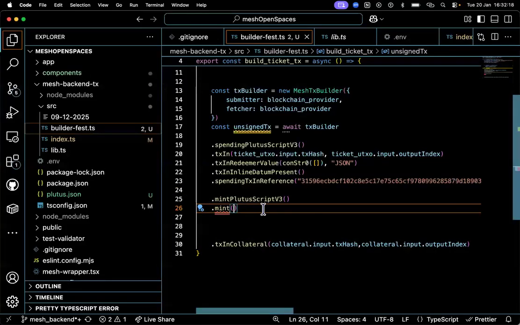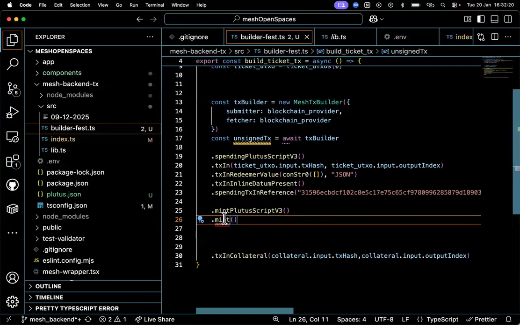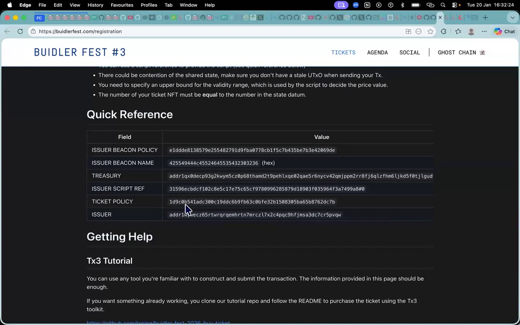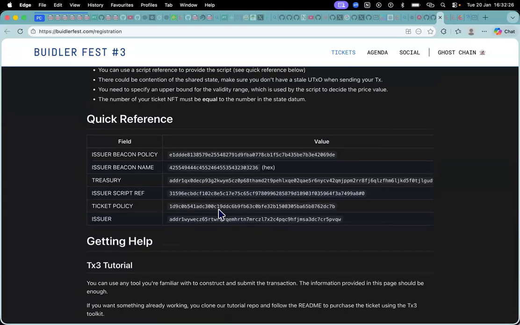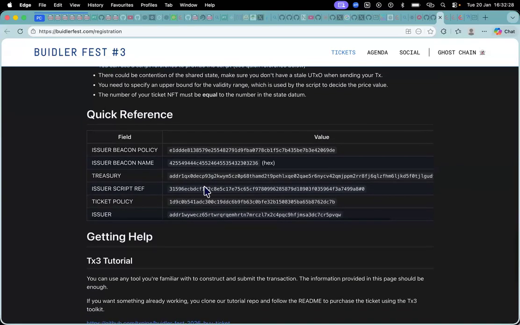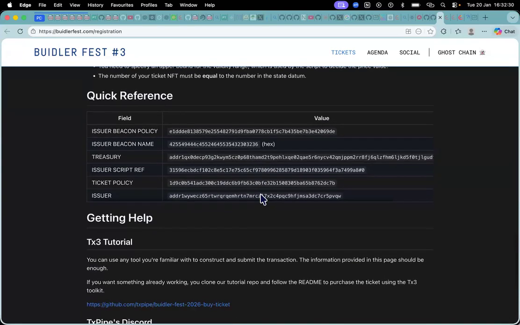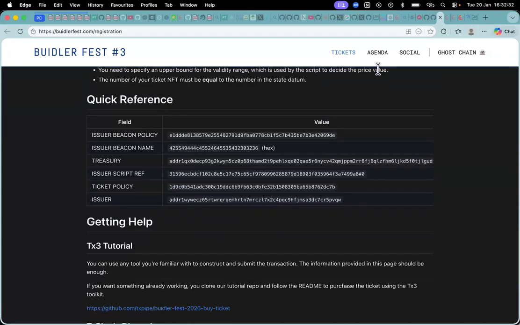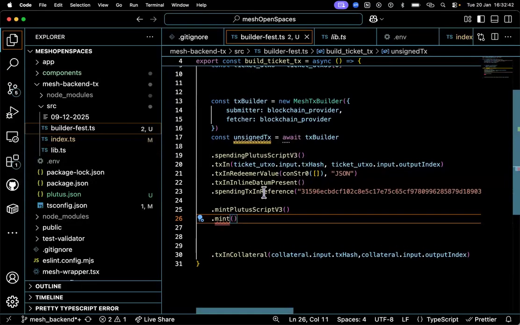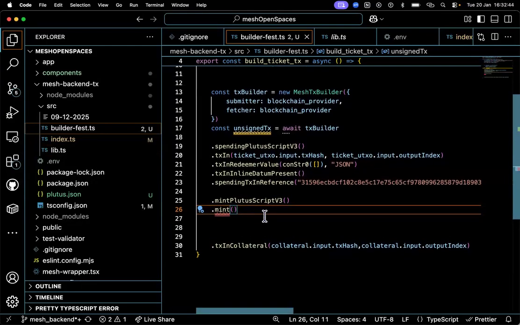For minting, do we have to provide the reference again because it's the same reference as the spending reference? I think it's the same. Issuer script ref. It's the same reference validator. Yes, the same reference validator.